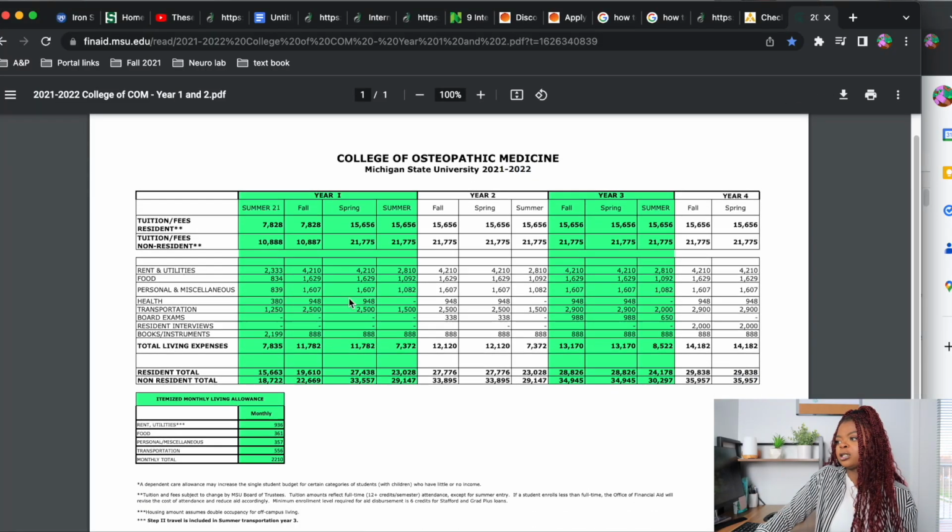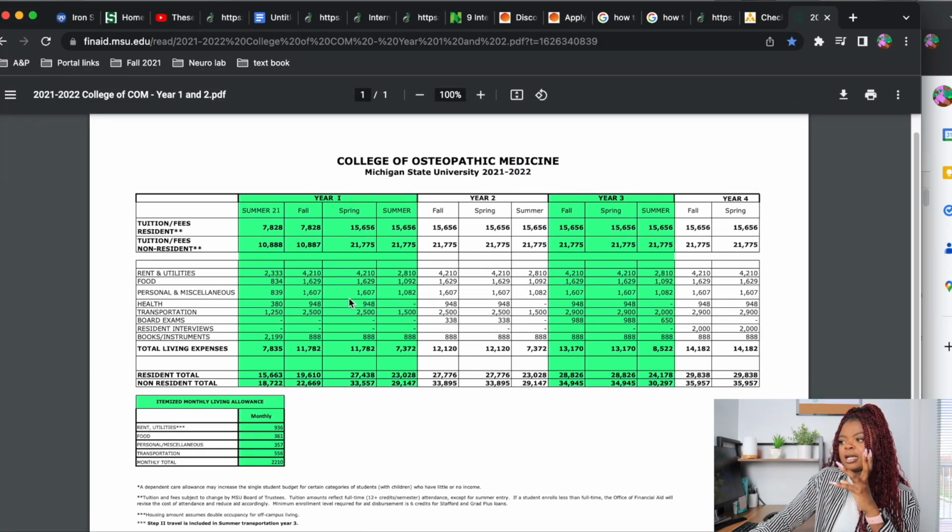And for a lot of schools, the cost of living is estimated by each school, and they will tell you how much your cost of living should be. I'm going to show you what my school estimates for our cost of living, if I can find it. So there's a chart, this chart is basically what my school estimates for cost of living. This is what a lot of students go by when they want to apply for their loans and stuff like that. It gives you the tuition and fees, obviously for in-state and non-in-state. As an international student, it's always going to be the non-resident route.